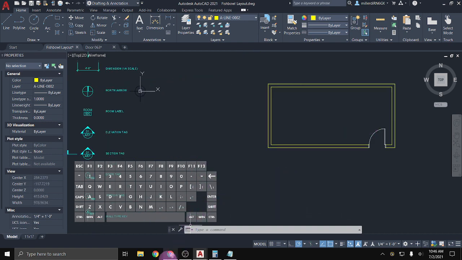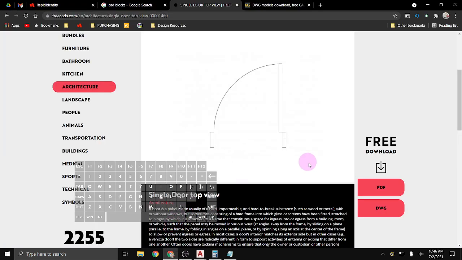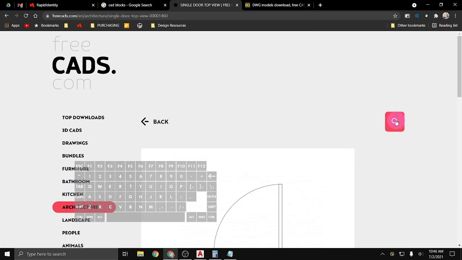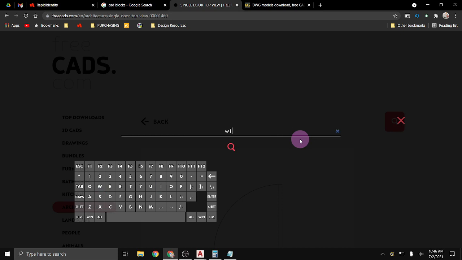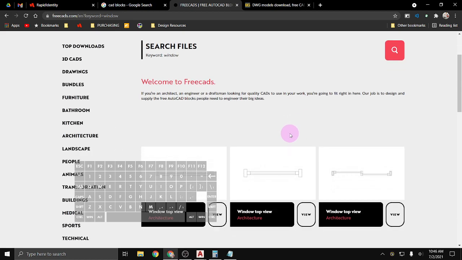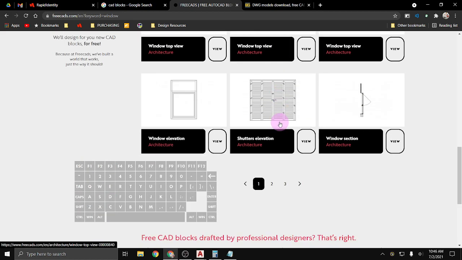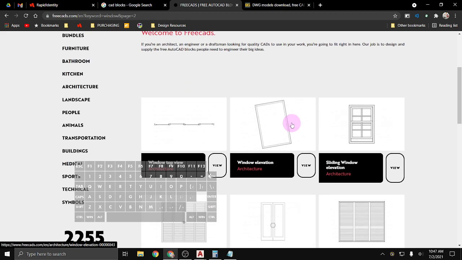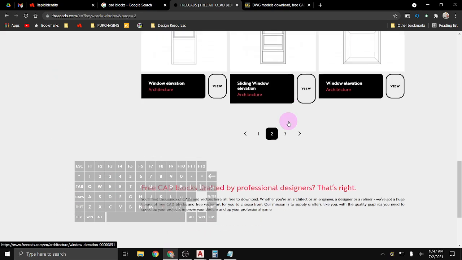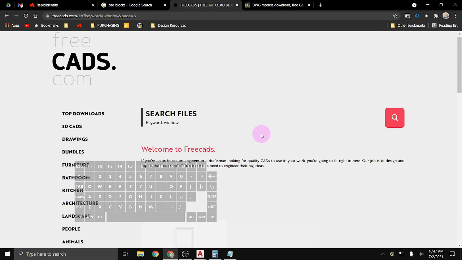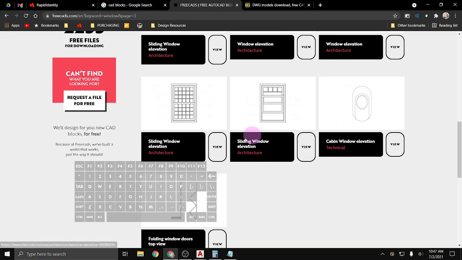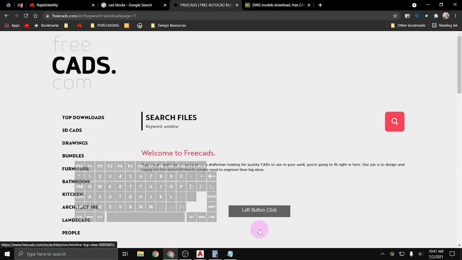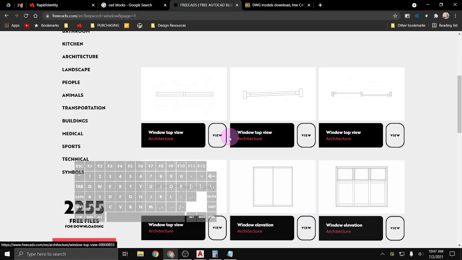Same thing if I was doing a window for a house, is I would go to a website for CAD blocks, and I'd find a window, and we've got lots of windows here. I want to see if I can find one that has like multiple ones in the same file, but maybe not on this particular website. Yeah, so I'll just go back to page 1 then. I'll just download this window,